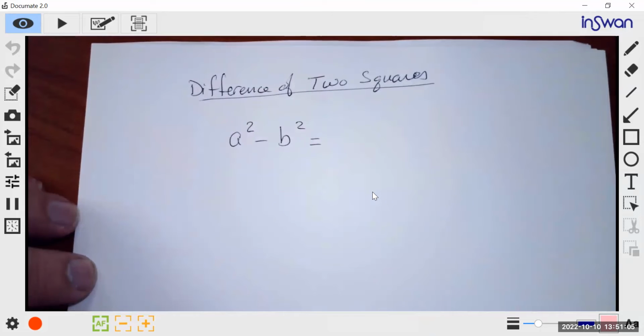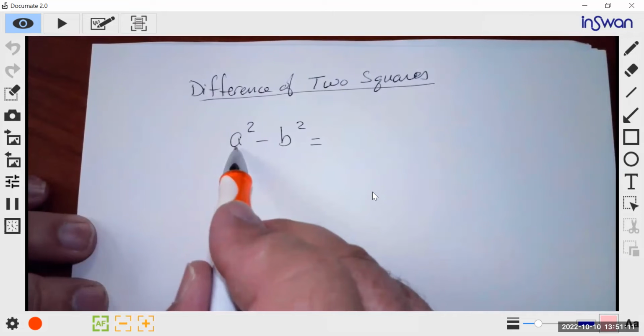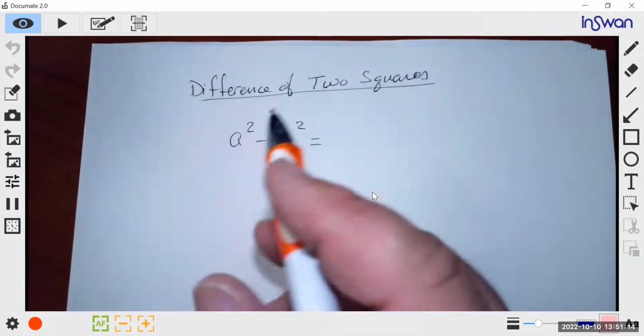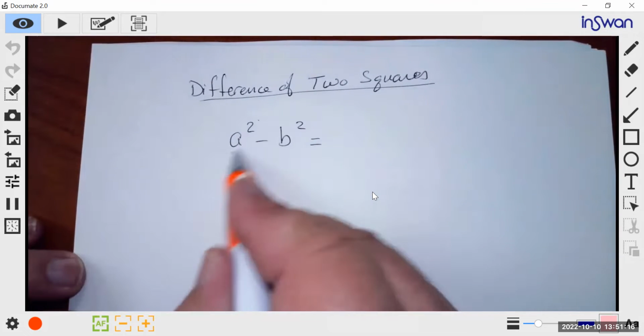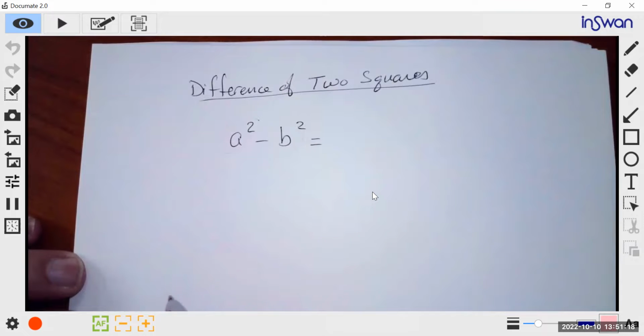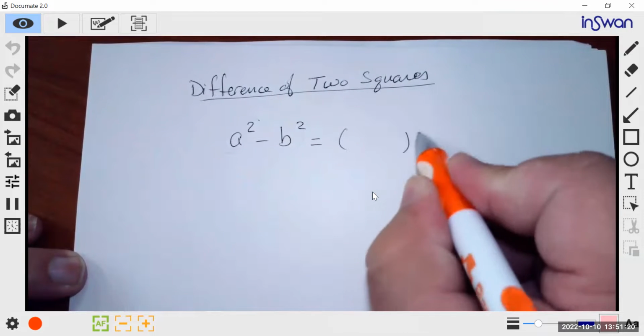I went over this once about 2 weeks ago, but here it is again. If you have a number or a series of numbers or variables that are perfect squares, and you subtract them, you can factor them